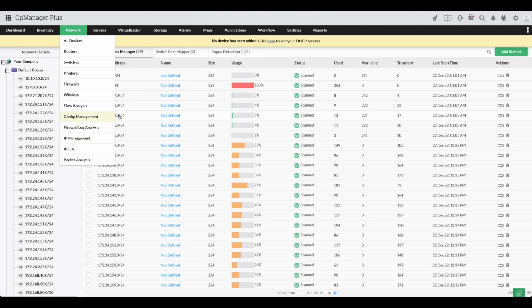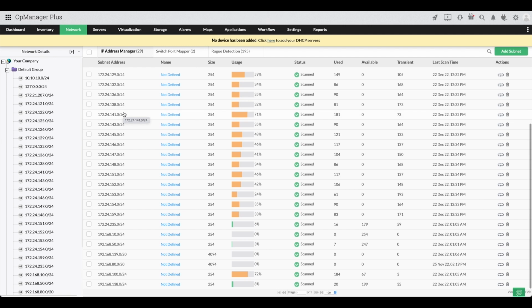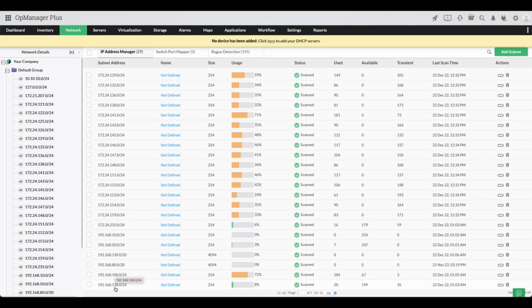To know more about it, get into the Network IP Management, where we will be able to see the usage of the subnets and the usage of the switch ports as well. Let's talk about a particular subnet usage. Say